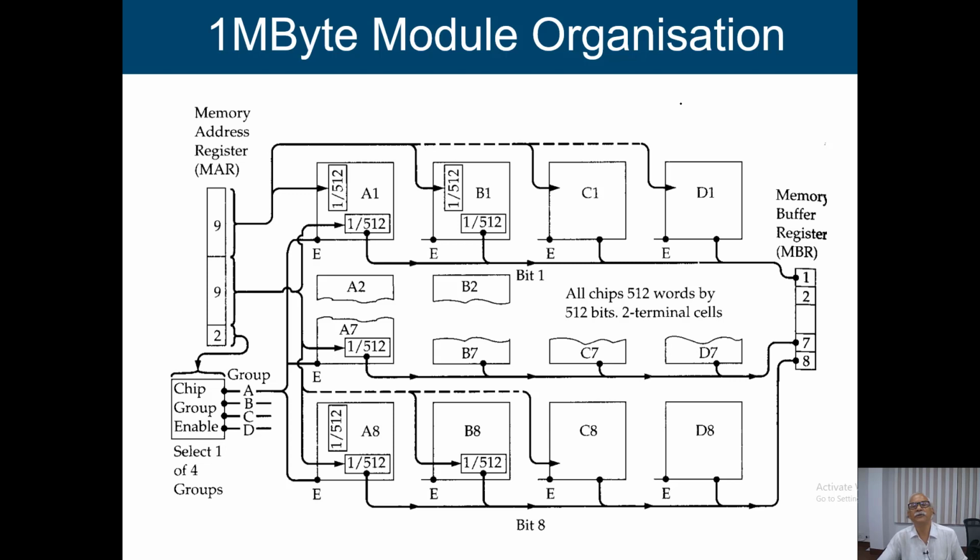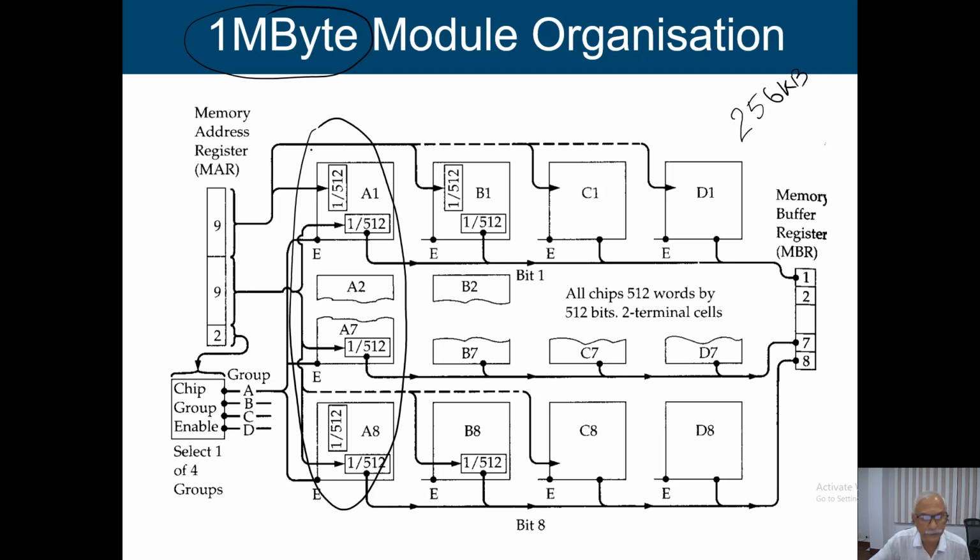So basically now if I come to this particular point, now we can say that we are going to get 1 megabyte memory module. This is the same thing. So how am I getting that 1 megabyte? You just see, we are having 256 kilobyte. So this is going to give me 256 kilobyte. We are having 4 such groups, that means it will be increased by 4. So that means this is nothing but